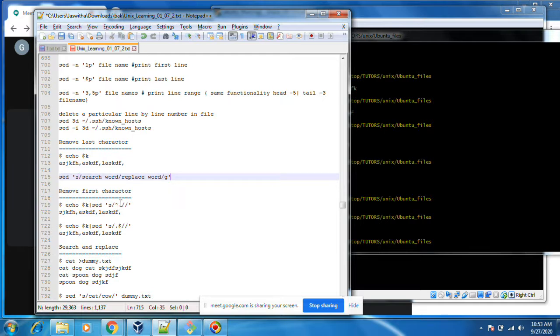Now here I am deleting the last character. Caret means first character, dot means last character. Whatever the last character is, it will delete.